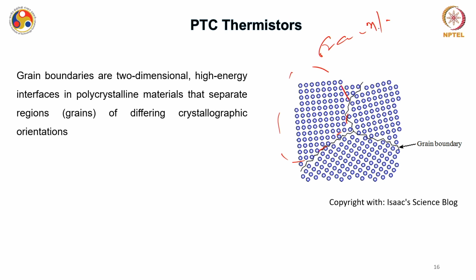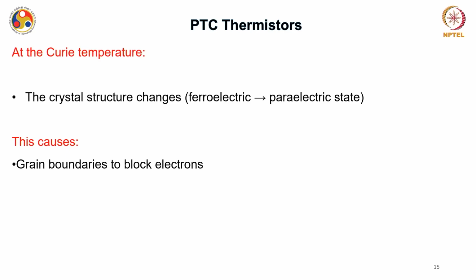Okay. So, this is grain 1, this is grain 2, okay, and this is grain 3. All right. So, this is a polycrystalline material having different grains, and the grains have different orientations, and you can see that there are boundaries between these grains. Okay, so this is the grain boundary that I was talking about in the previous slide,